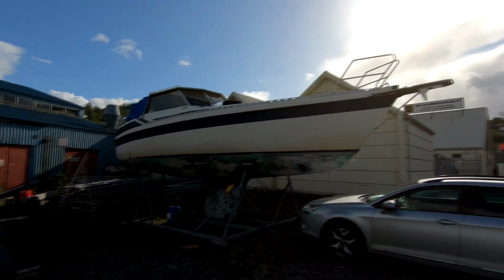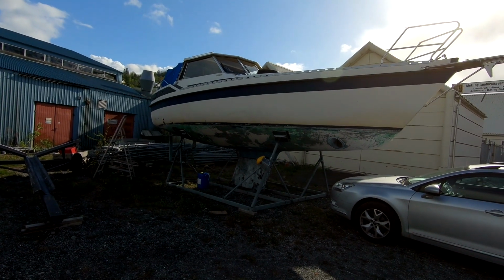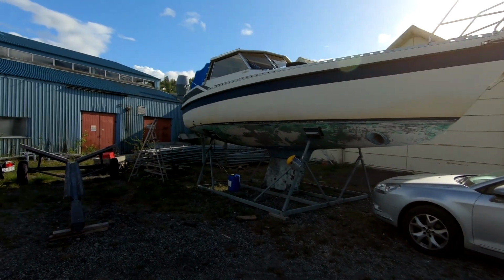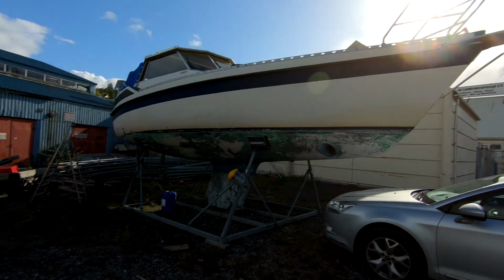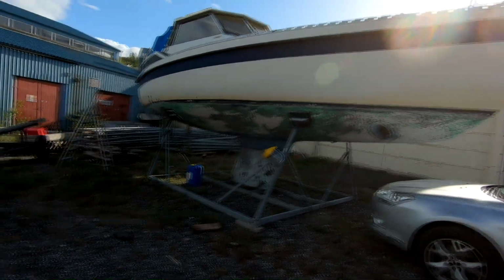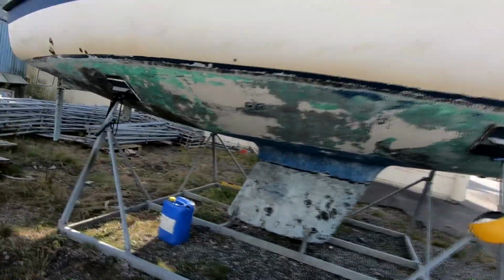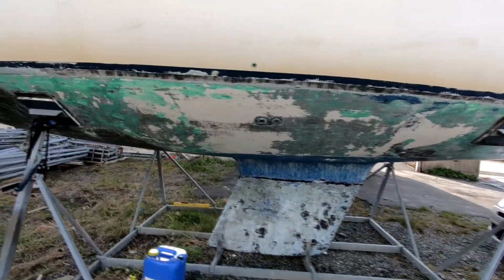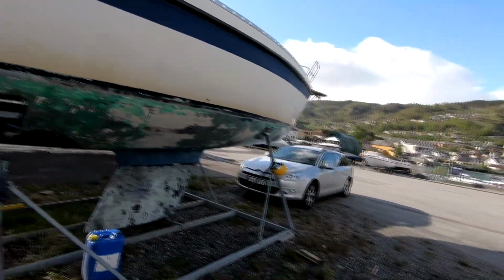Finally, it's a bit of peace and quiet here, and the wind has died down a bit, so it's possible to do some recordings. We got to move the boat today. You've probably already seen that. So now I'm back to plan A. The boat is not going to be launched like I previously updated on,